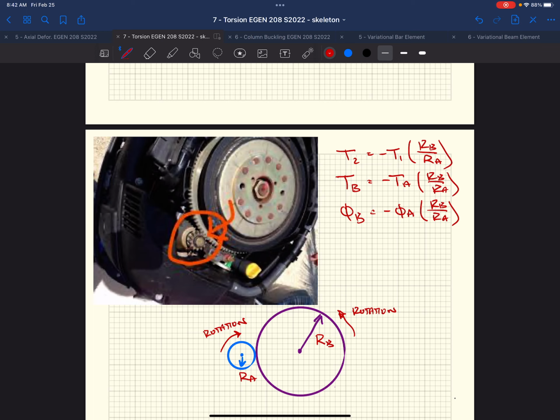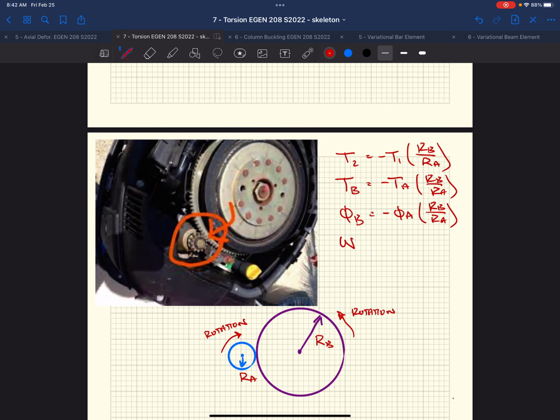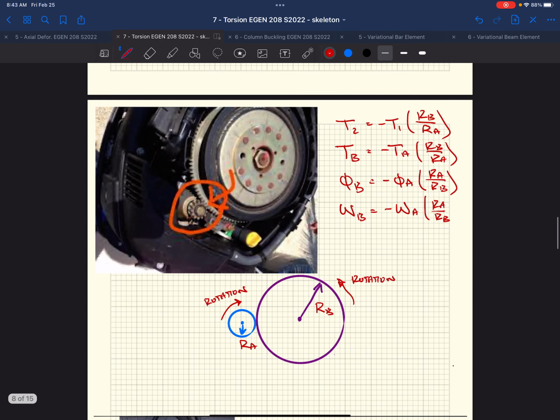again, right? That relationship is opposite because we have opposite torques, right? Same goes for rotational angle, which relates to distance. We can do the same thing for omega, which is rotational speed. Oh, these are opposite. Because when we look at this, right,